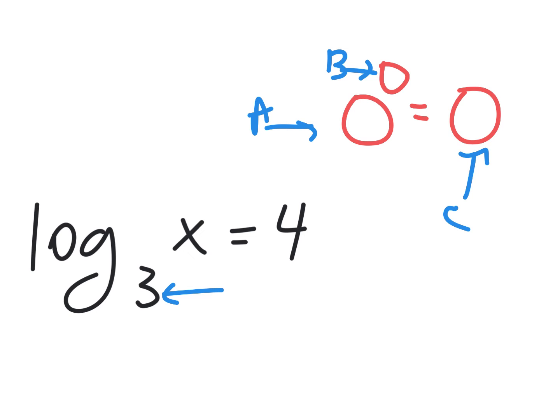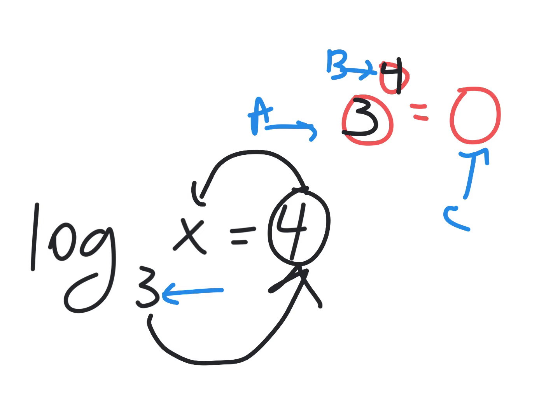A feels like the base to me because it's the base of something that has an exponent on it. So I'm going to put that 3 right here. And then you always go up in the circle of logs. 3 to the 4th, remember this is the exponent spot, equals x. If you always keep that circle of logs going, where you go over to the other side of the equals and come back,